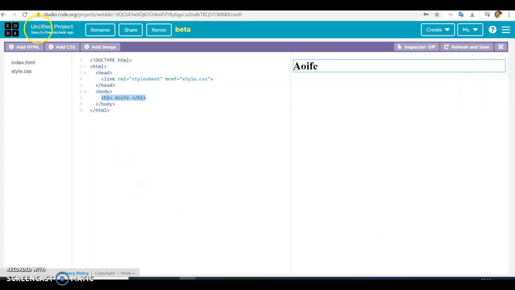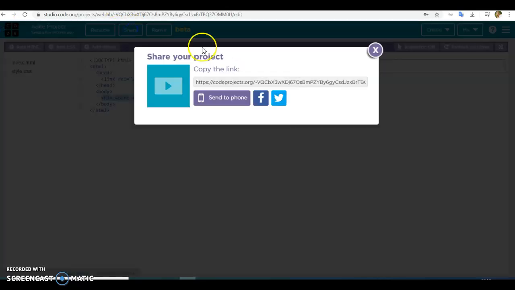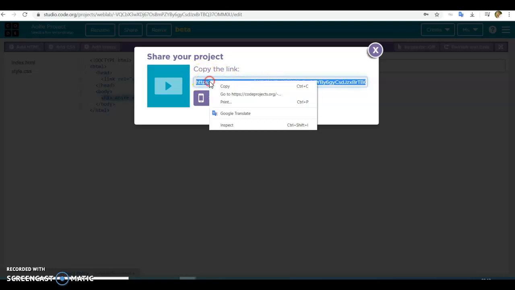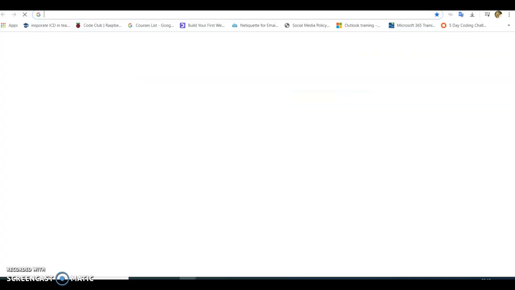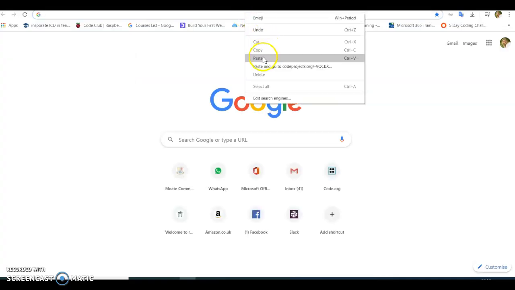And at the very top we have untitled project, so I can rename that to give it a name and click save. I can share it. This feature is very useful. Now, the send to phone and these links, they only work in the US. So what I could do is I could just copy this link here instead. So you just click copy, and then if I paste that link into a new browser,